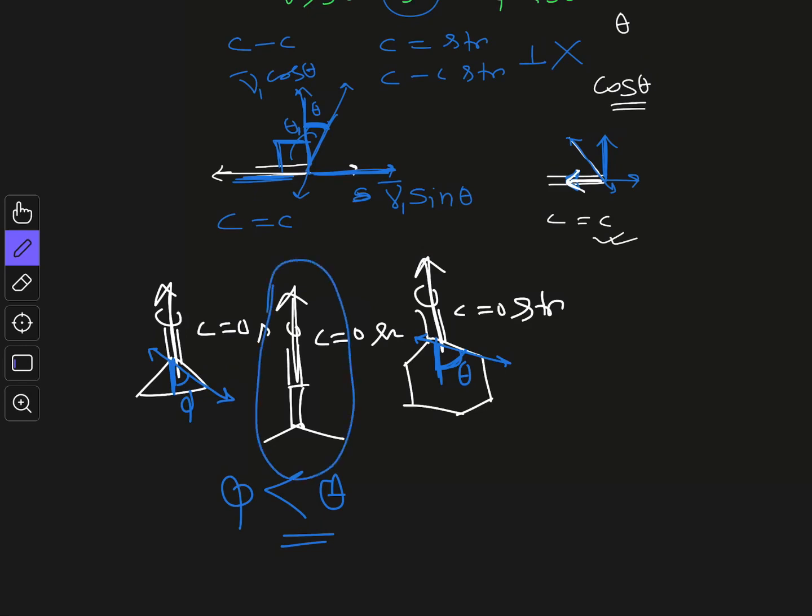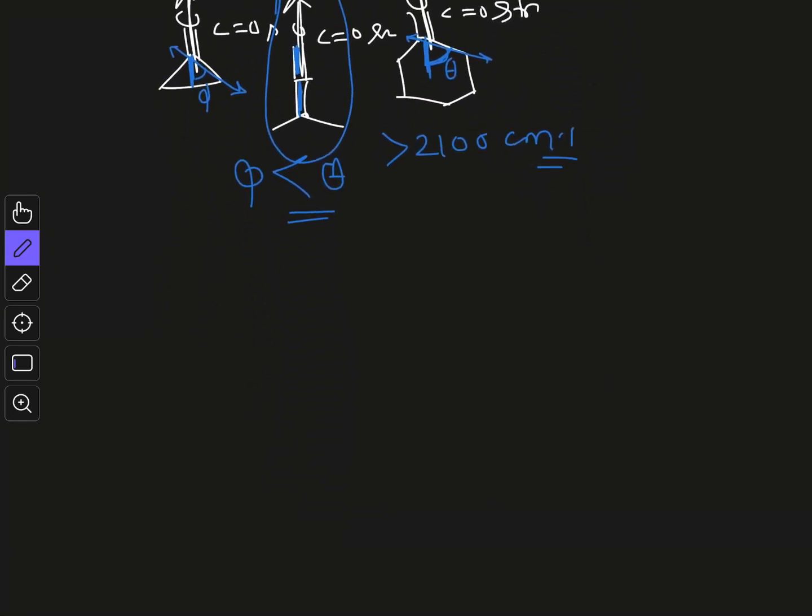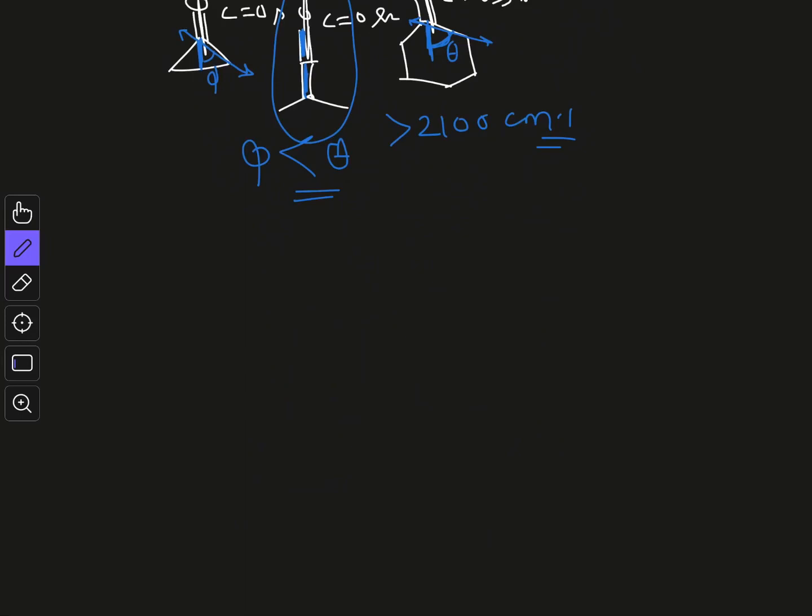You can see this C-C bond is fully collinear with the C=O bond, and it has the highest contribution to the coupling, and that's why it shows a stretching frequency above 2100 cm⁻¹. So this is the proper explanation. It is a better explanation than the S character, P character explanation. Now we will return to the endocyclic double bond again.